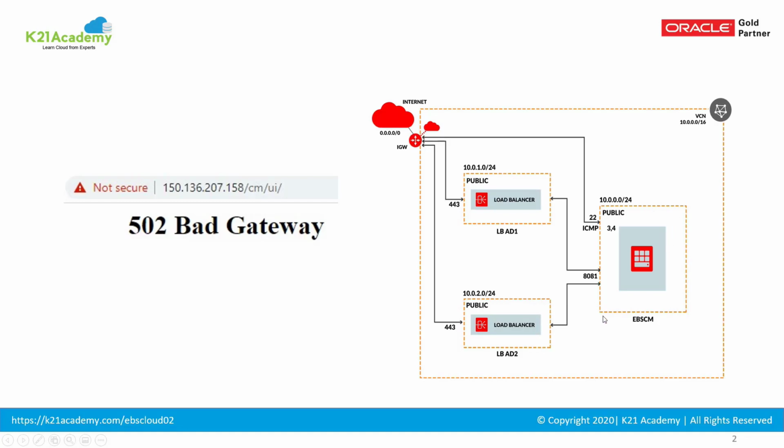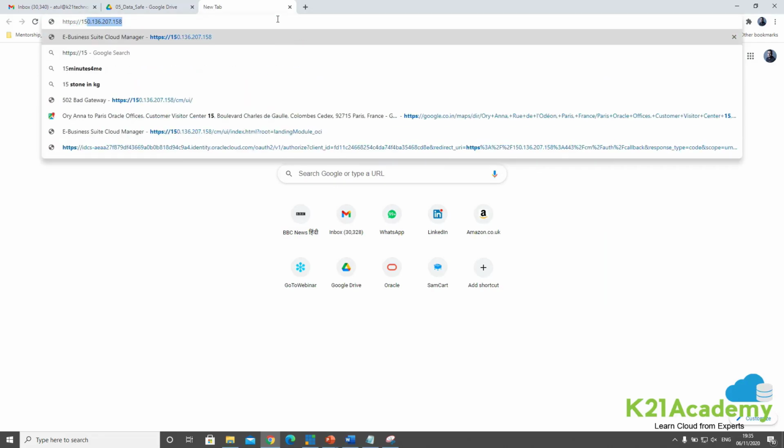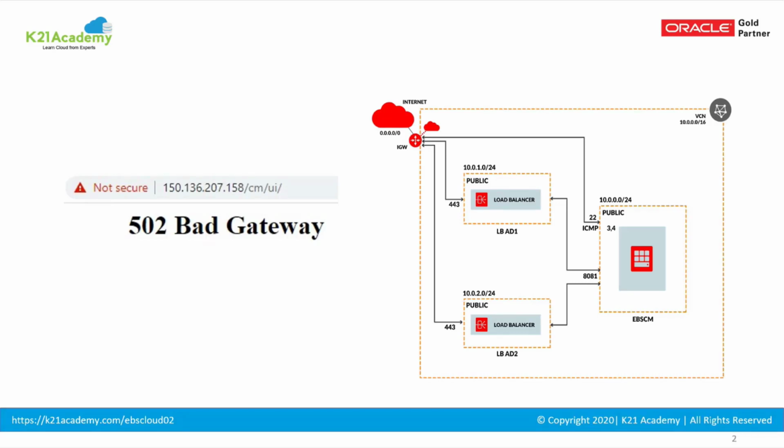My application is listening on port number 8081 and my load balancer was listening on 443, which is an HTTPS connection. So when a user makes a connection, the request goes through the load balancer, and the load balancer takes that request and forwards it to port number 8081 on the application running on this server inside this subnet. When users were trying to access this application on a URL, they were getting 542 bad gateway. So what does this error mean and how do you troubleshoot errors like that?